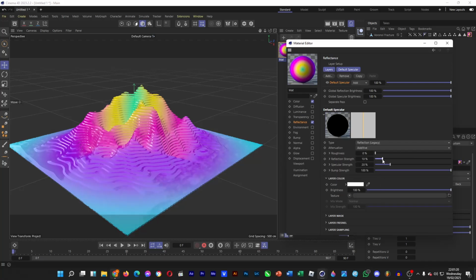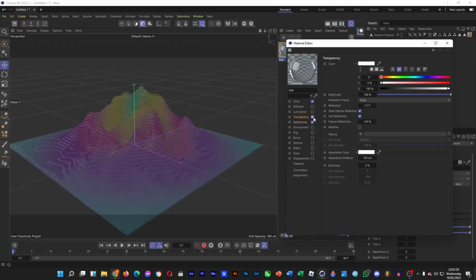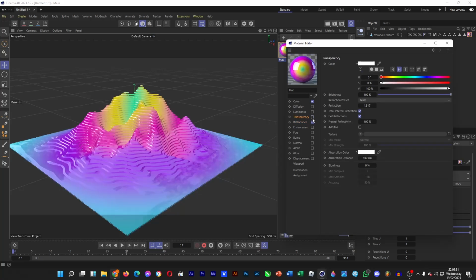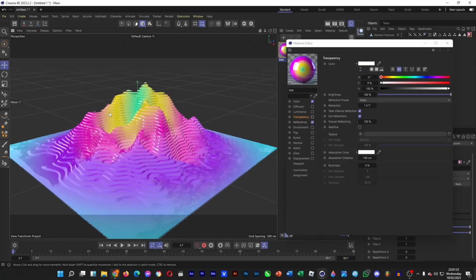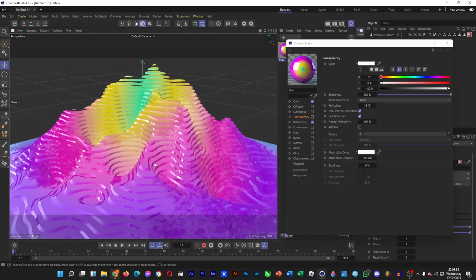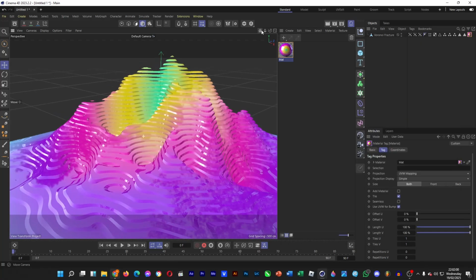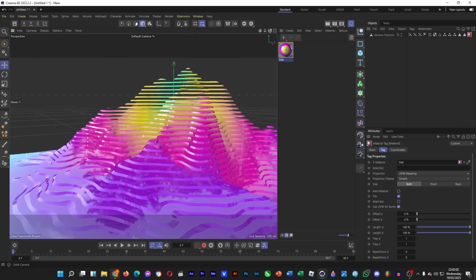Then you can do some tweaks with the reflection maybe, and then decrease the roughness and then increase the reflection strength so that it looks like this pretty much. So it's reflective. You can even add a bit of transparency if you want, but it's not necessary, as we only want to make the material reflective. Then if we do a render preview,